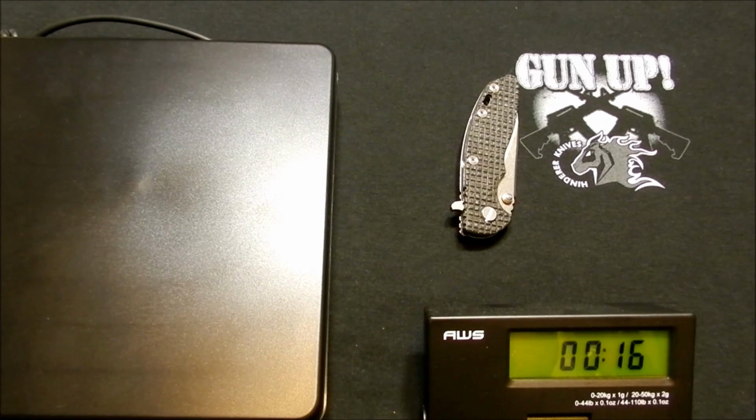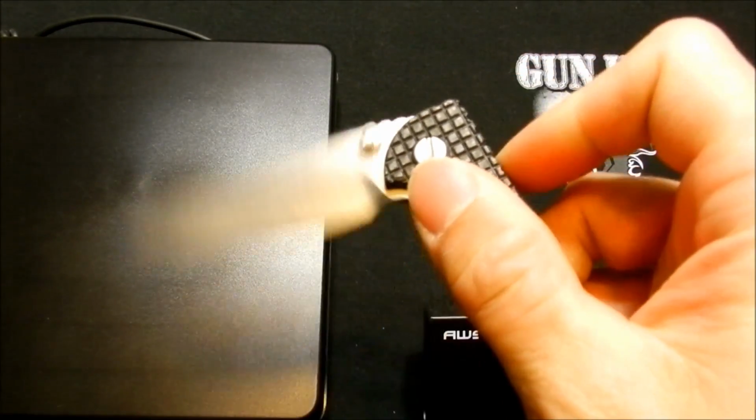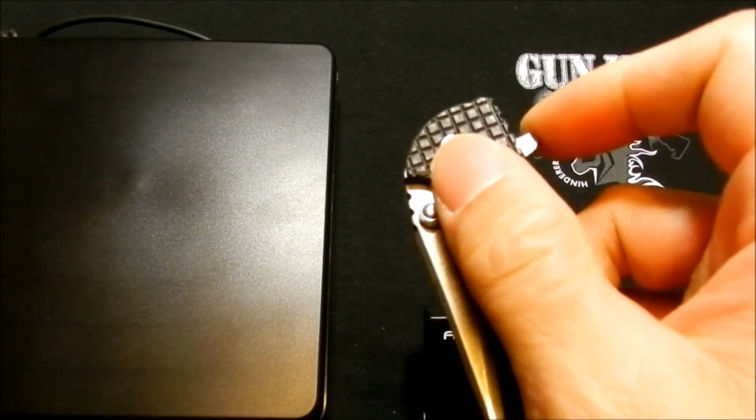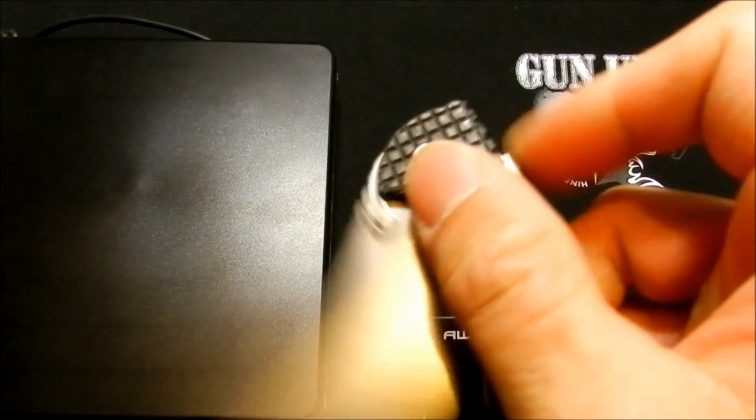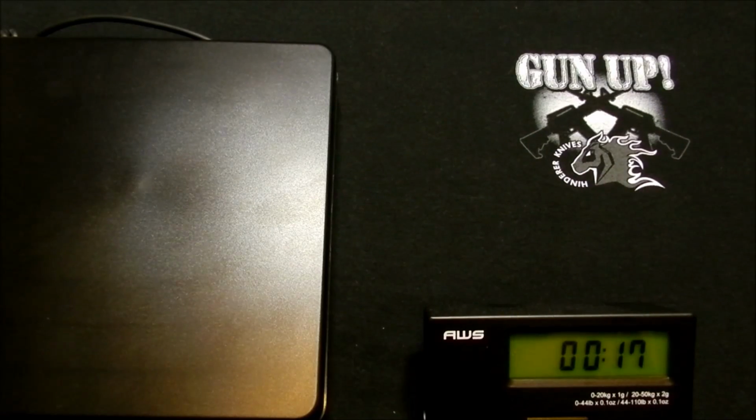Whereas a weak detent, you've seen it before. You hand a knife over to a friend and he flips it and does this number here. Even after I try to train them how to do it, they still don't get it the first time. They gotta practice. Anyways,